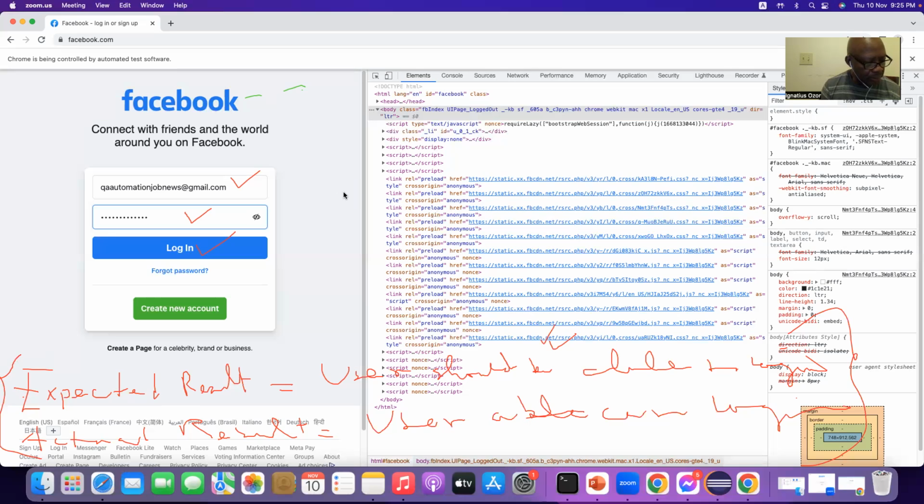When actual and expected result match, the test is passed, meaning the software has been developed properly by the software